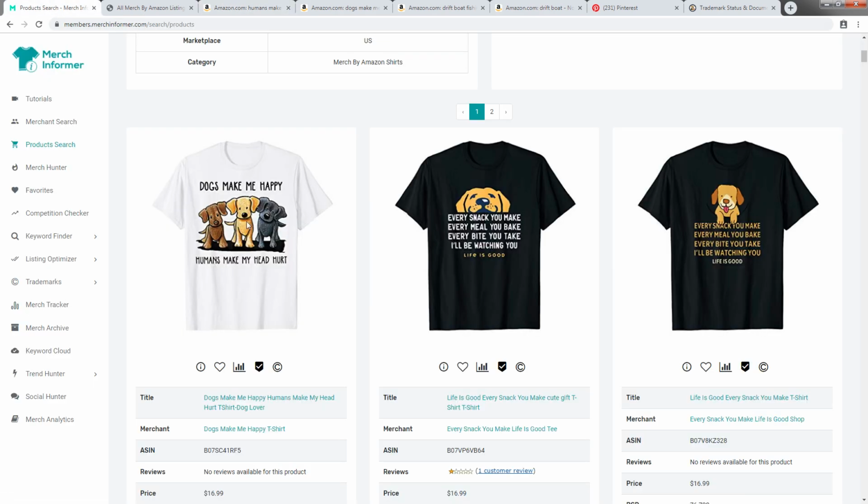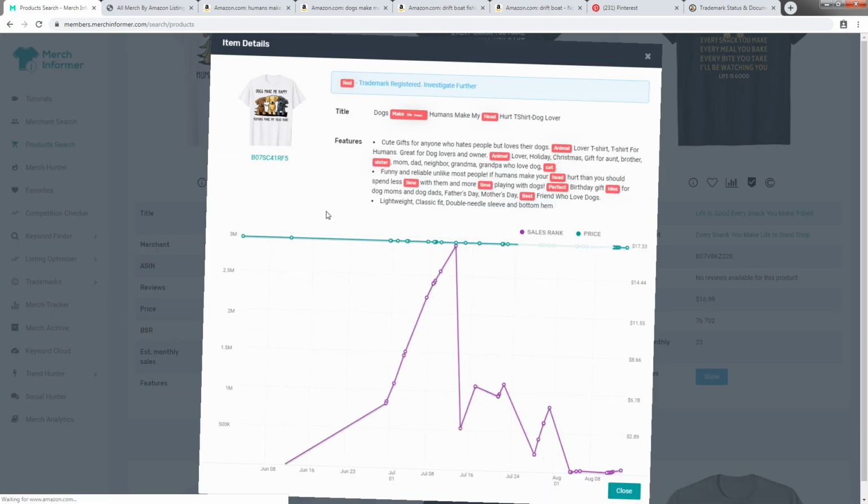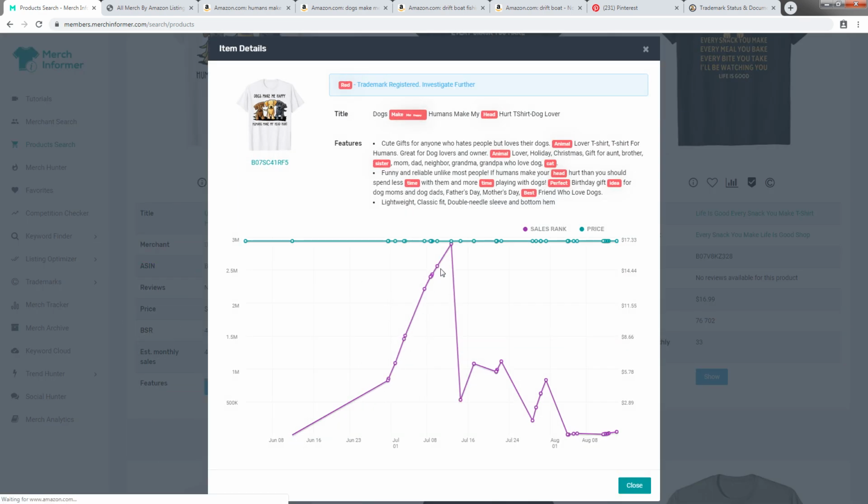So you're basically coming to market in 2 niches that sell, because you can come down here and see the BSR for this shirt, 47,000. We'll take a look at this graph one more time. It didn't sell, sold, and then continues to sell down here. So we're taking that data so we know what is actively selling, and then we're switching it up, and we